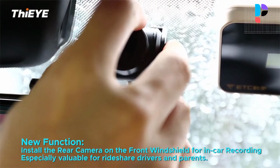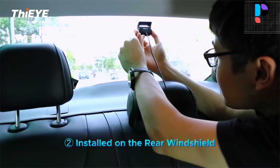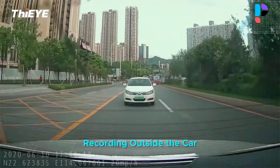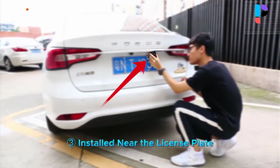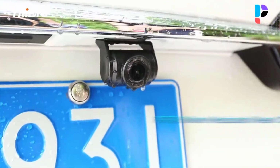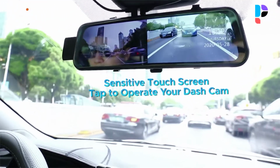6G camera lens providing sharp images during daytime and crystal clear footage during nighttime. We provide an 8-meter cable and a 0.2-meter cable for the rear camera, so the rear camera can also be an inside camera according to your different installation. The IP68 waterproof rear view camera ensures a clear view of the traffic behind you no matter how bad the weather. New function of the rear camera makes it a monitor for in-car recording, especially valuable for ride-share drivers